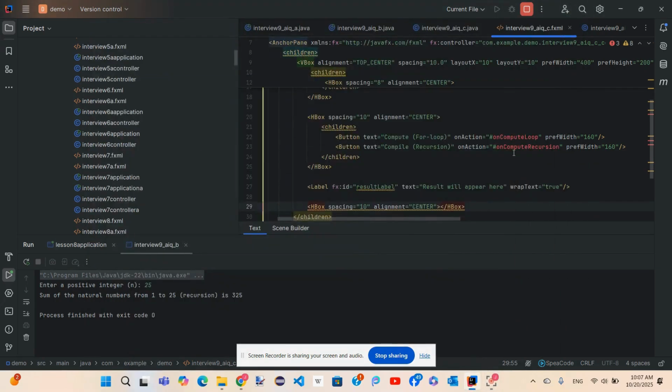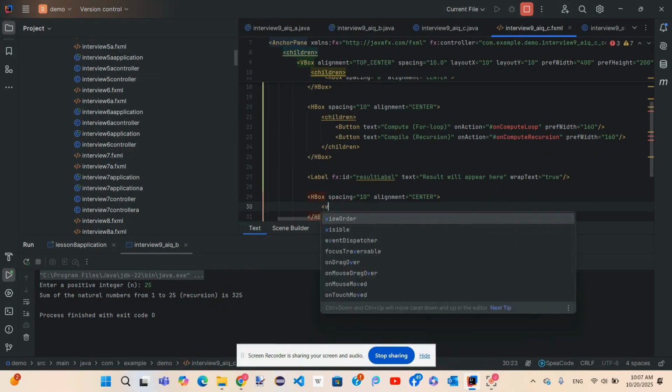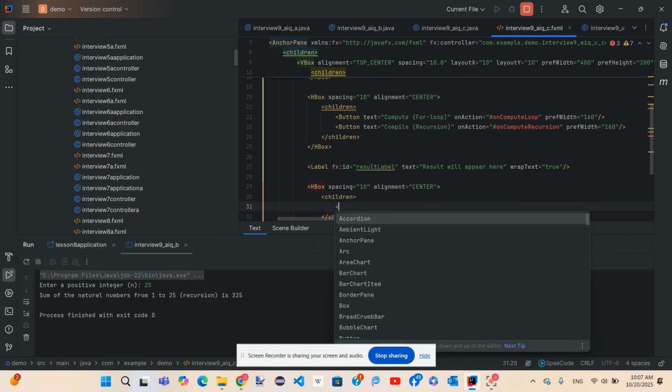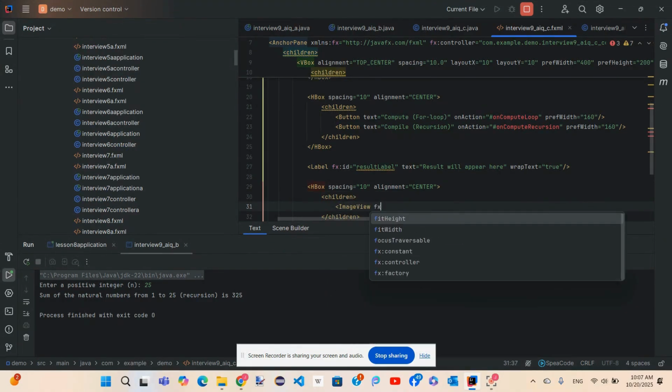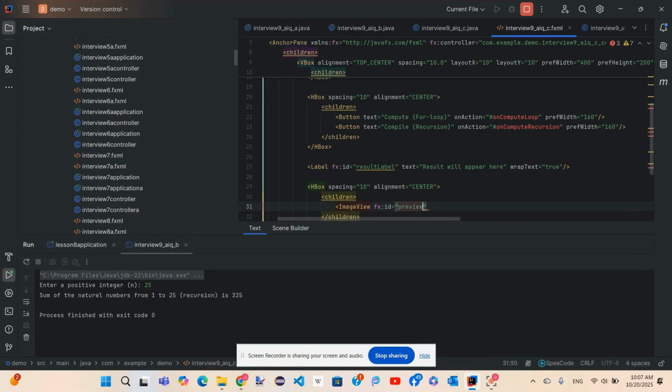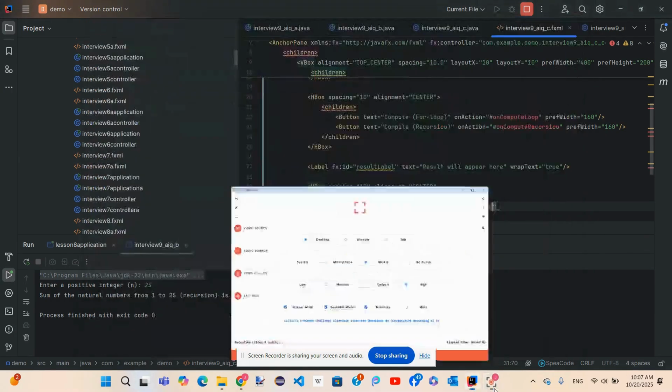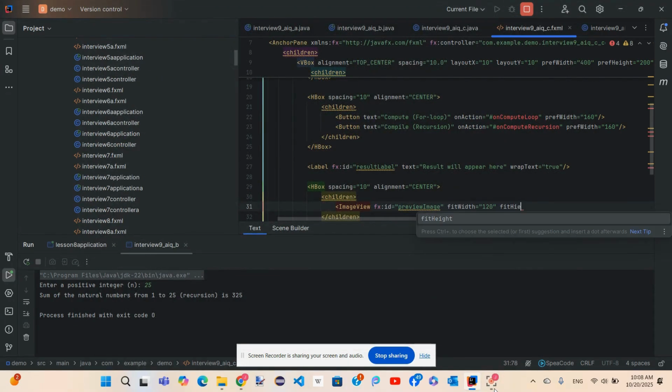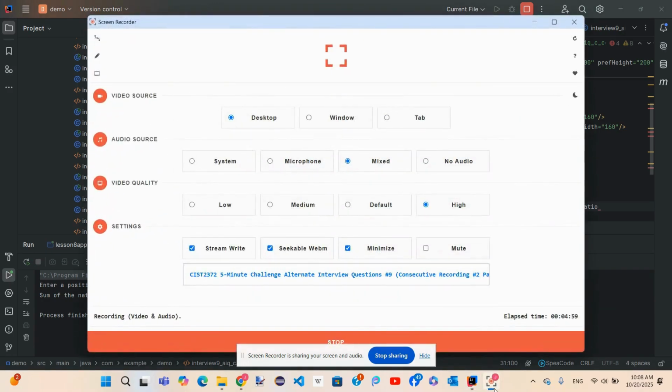Children: ImageView fx:id preview image, fit width 120, fit height, preserve ratio true.